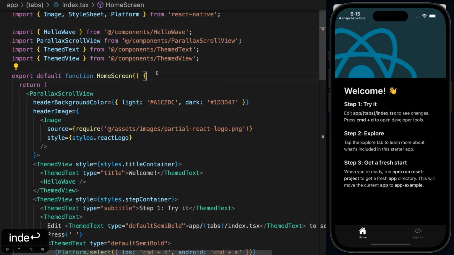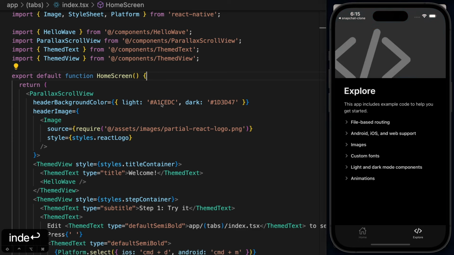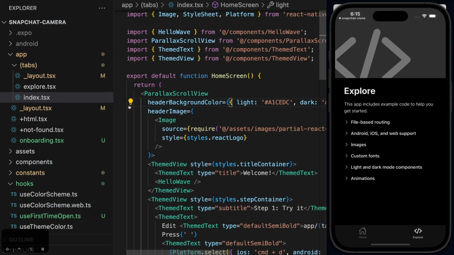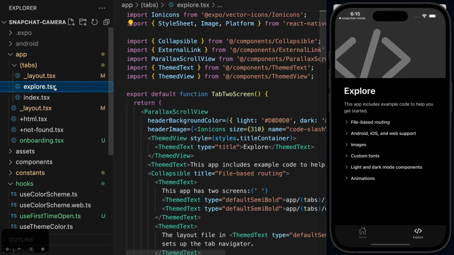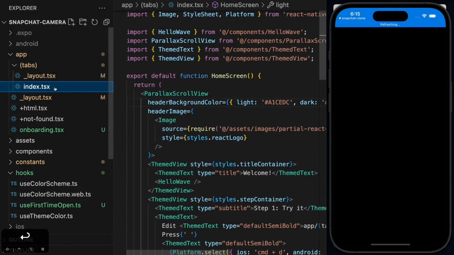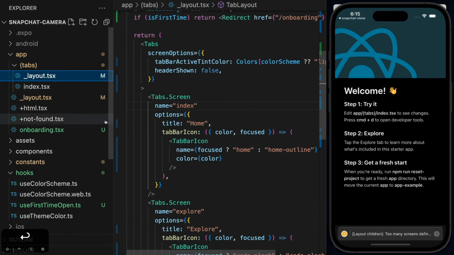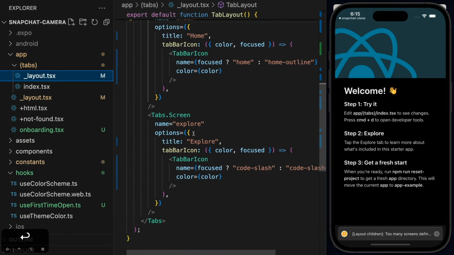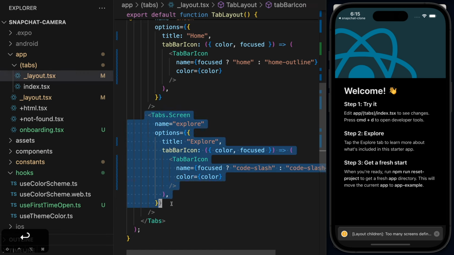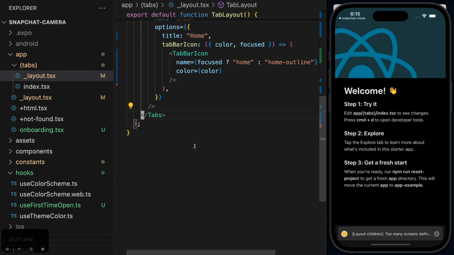Okay, so one thing that I want to do, guys, is, as you can see, we have two tabs here. One thing that I want to do is just delete the tab that we are not going to be using. So let's delete this explore file. Okay. And also let's go to the layouts, we have this tab for the Explorer. Let's go ahead and delete this and hit save. And now we only have one,